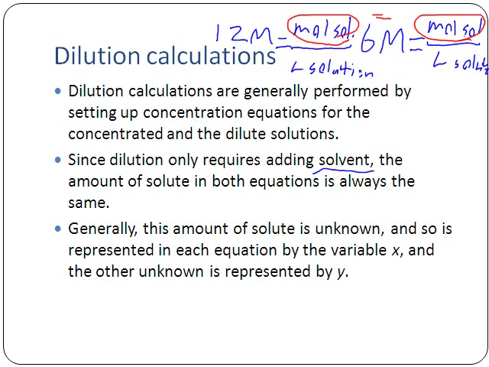And so it is represented in each equation by the variable x normally, and the other unknown, whatever that is, will generally be a y. So typically, whenever we write this up, we'd say x mole solute here and x mole solute here, where both these x's are the same x. They're the same value. The reason why we generally don't know the moles of solute is that, if I take a bottle of hydrochloric acid down off the shelf, I could very easily measure what the mass of that solution is, or measure what the volume of that